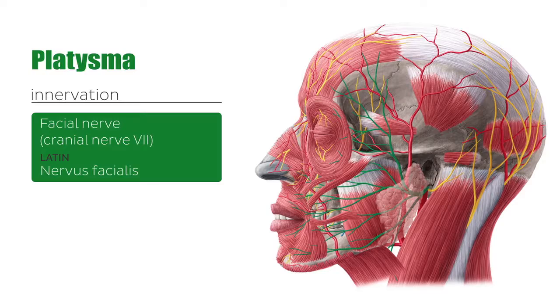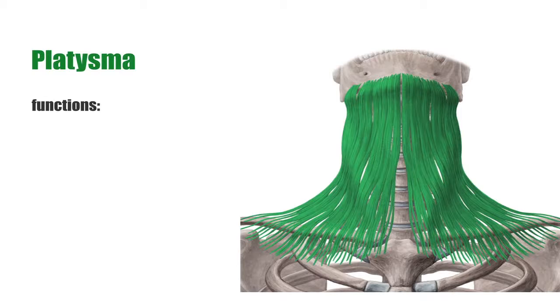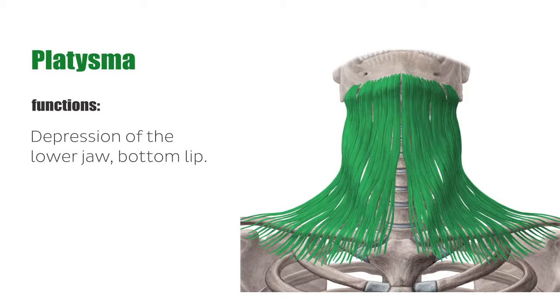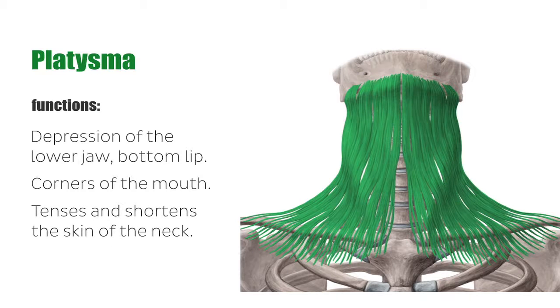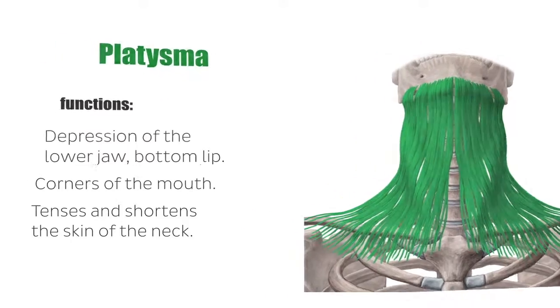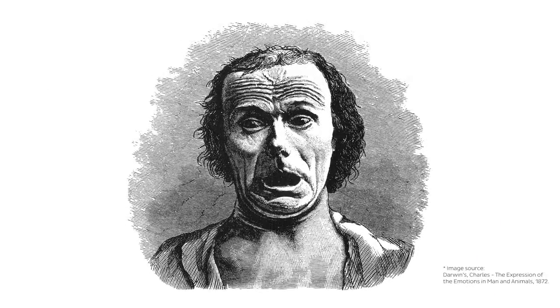In terms of the functions associated to the platysma, contraction of this muscle leads to depression of the lower jaw, bottom lip, and corners of the mouth as well. It also tenses and shortens the skin of the neck and is responsible for the mimic expression of shrieking and threatening an enemy, for example. Since we just explored one of the facial muscles, I would like to end this tutorial